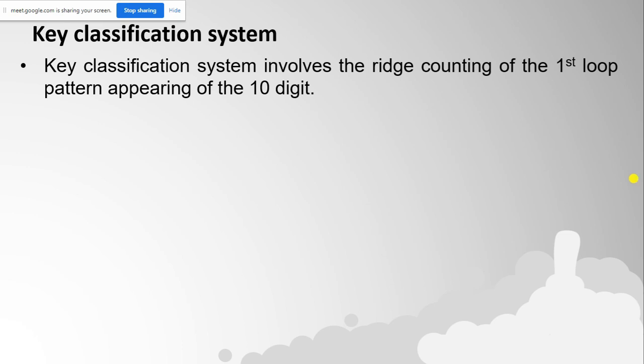So we will count the ridges for this loop which is present in the left ring finger, and then we will write that ridge count before the major classification number, which is again placed before the